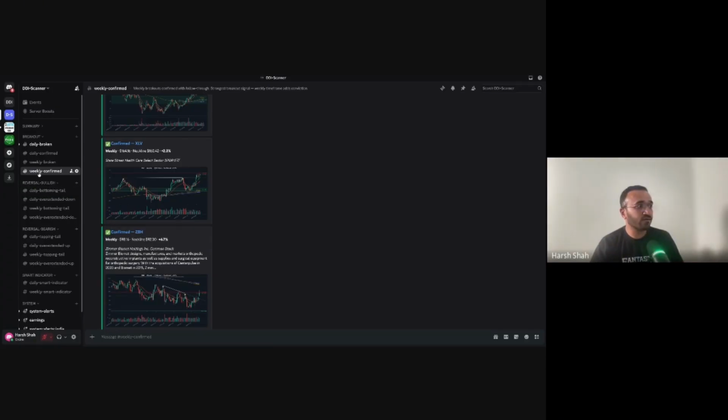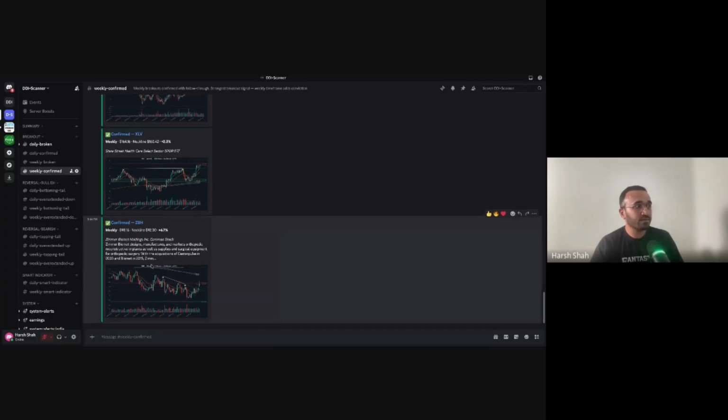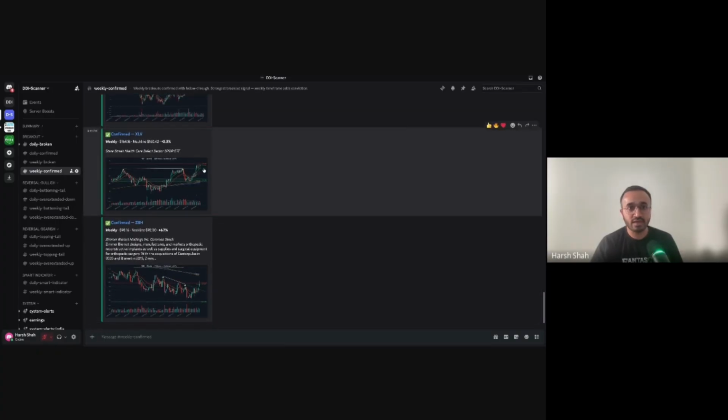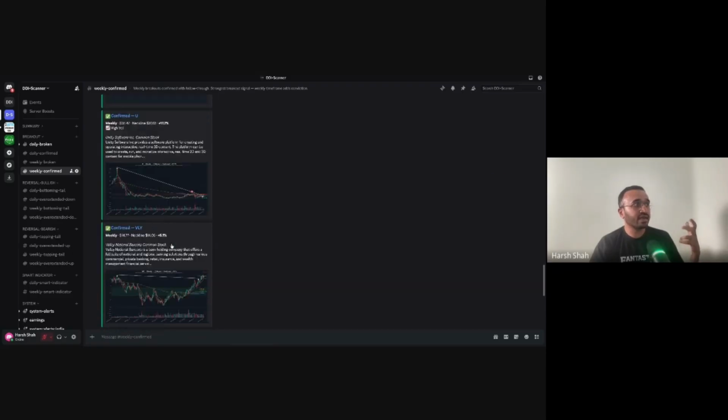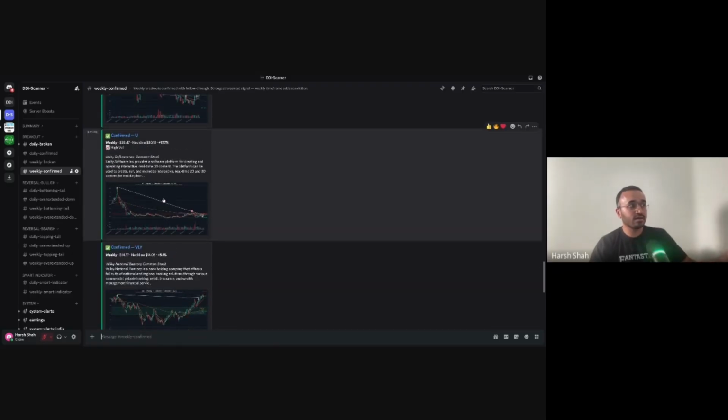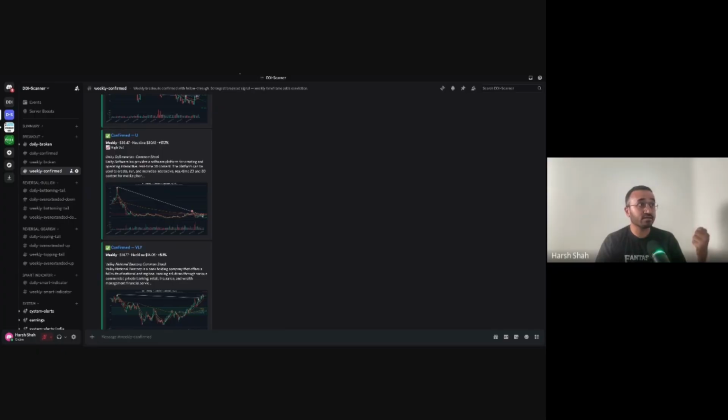Here, if you look at weekly confirmed, all these setups are breaking out of something and have confirmed based on the rules I have defined. So I can directly keep track of alerts open in Discord to get these insights. This is how I'm managing the alerting side. It's there on the custom watch list. I get emails, but I also get Discord updates. Right now, since it runs on every stock, it's a little bit of noise because I don't care about many stocks. So I'm going to add some fundamental filters over there.